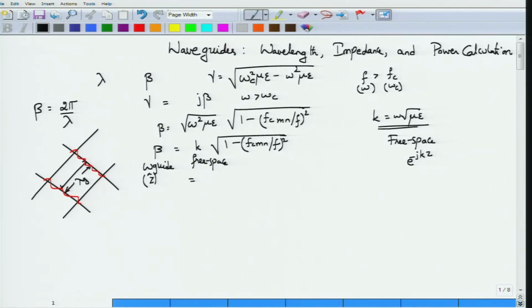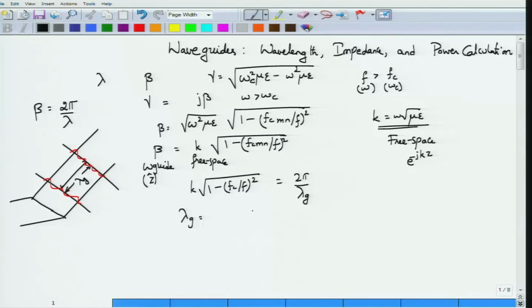So, you have to imagine now, this is your waveguide component that I have drawn here. Along the waveguide as you propagate, the distance between two components with the same phase, the equiphase distance, would be the guide wavelength, the wavelength along the direction of propagation or along the guide. So, this beta that we have obtained in terms of k and square root of 1 minus f c by f whole square, I am just dropping the mn for notational simplicity, but you should not drop that one, should actually be equal to 2 pi by lambda g,